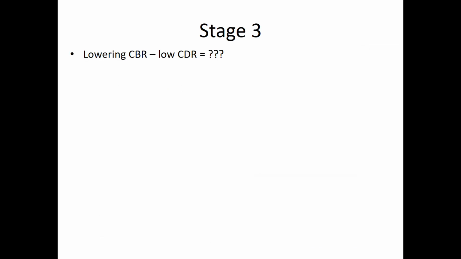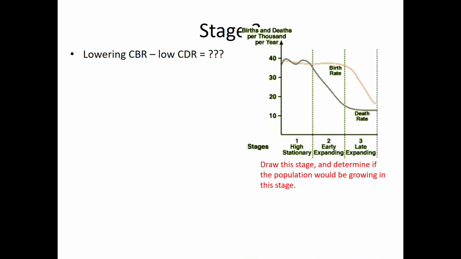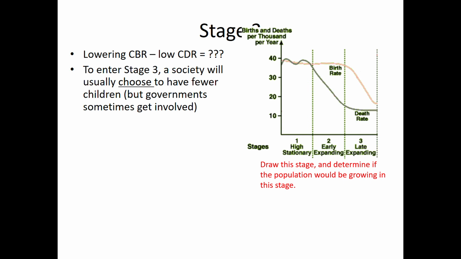Stage 3, low CBR, low CDR. How do you get the lower birth rate? So draw that part of your chart, lower birth rate. As you know, population would be growing in this stage. But to enter stage 3, often you'll just need society to choose to have fewer kids. Governments can force people to have fewer kids, like in the one-child policy, but mostly it's people choosing to have